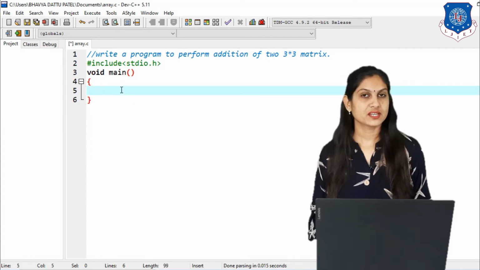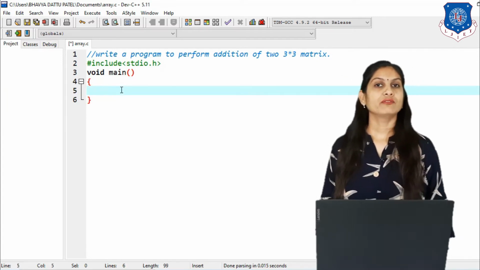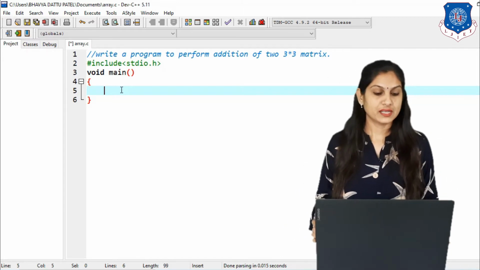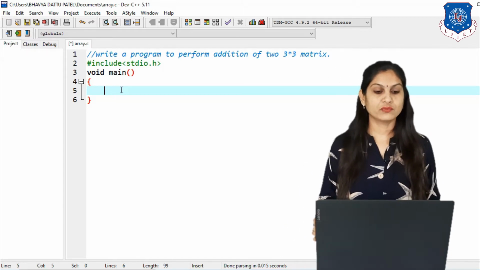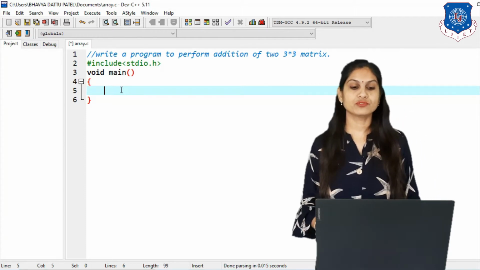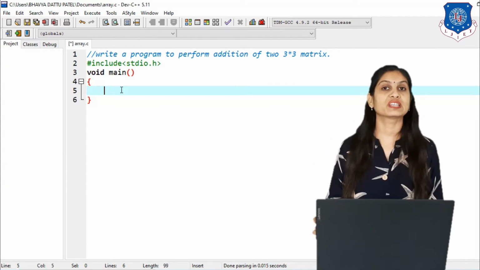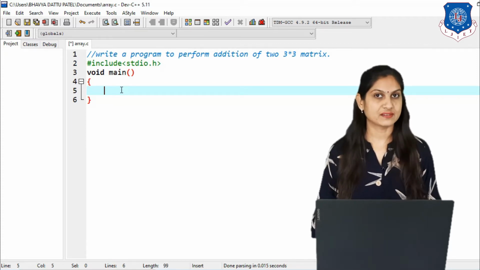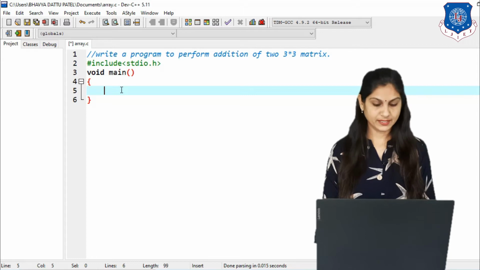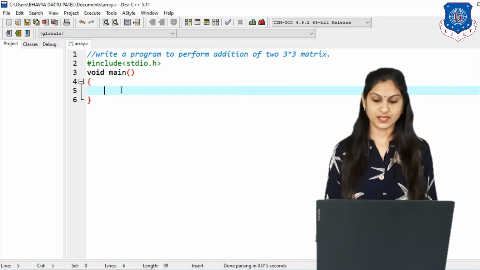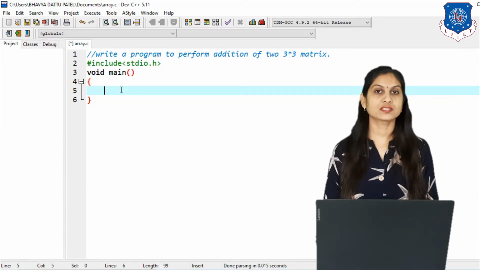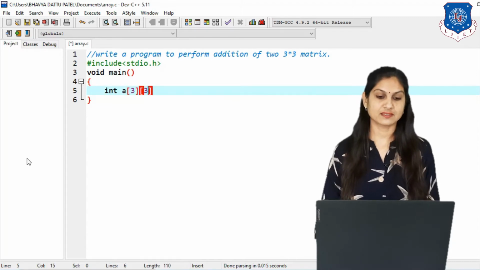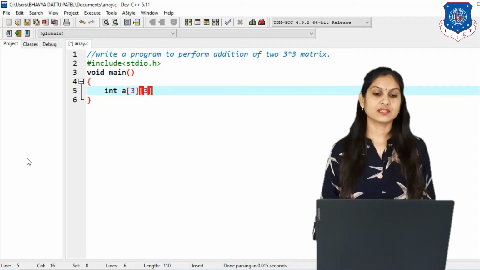Welcome to our practical session. In our previous theory we have seen the program related to printing the matrix. Clear? And now we move onwards to a program like, write a program to perform addition of two 3 cross 3 matrices. For that we have to declare two matrices of type integer. So first write int a, with the first bracket for row size, and then in the second bracket the column size, again it is 3.